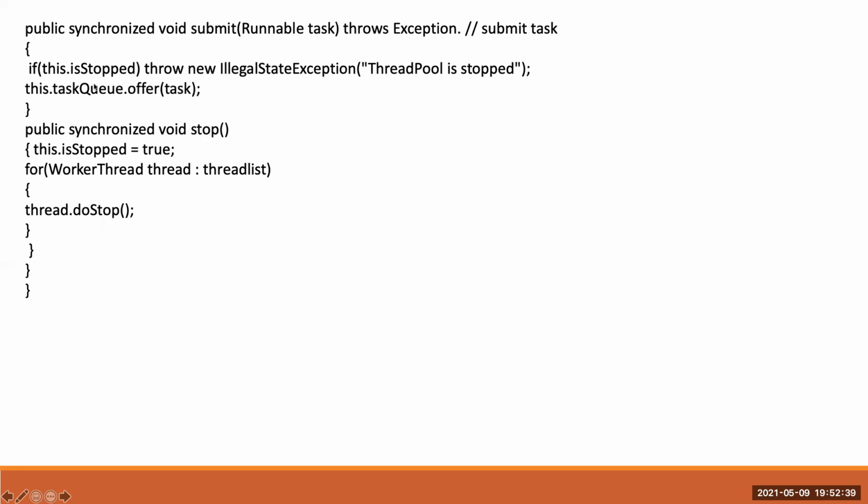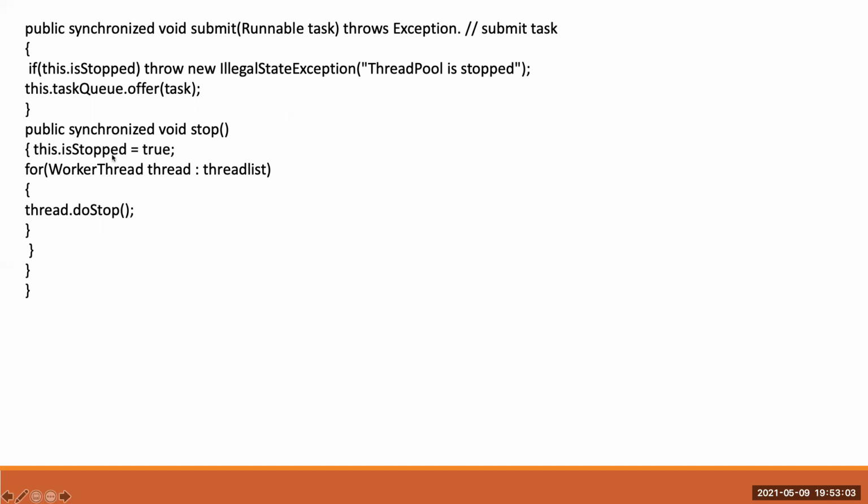Once you complete all your tasks, at the end you need to clean up. It means you need to stop all the threads you have started in the thread pool, let's say five or six worker threads. All of those you need to stop.